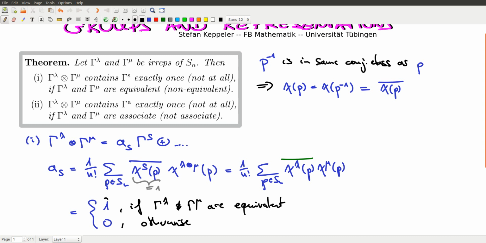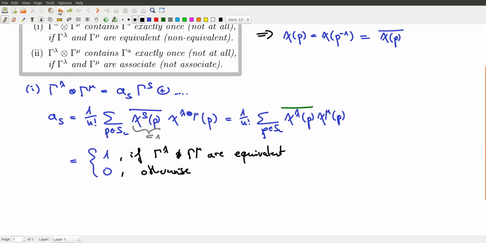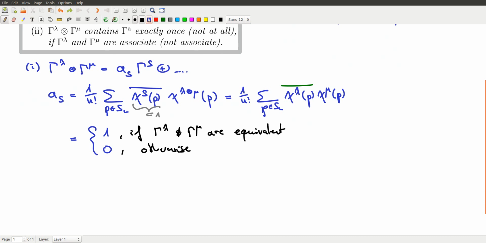Okay, and this 1 here, or the 0, is now just the multiplicity of the trivial representation in this tensor product here. And we can essentially repeat this calculation now in this next case, where we are after